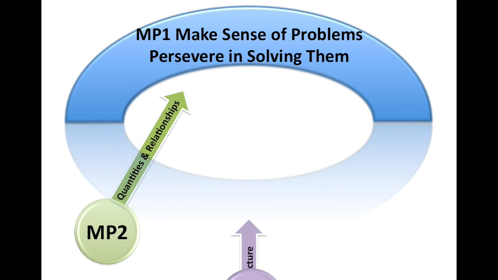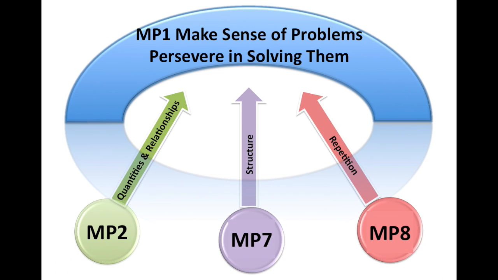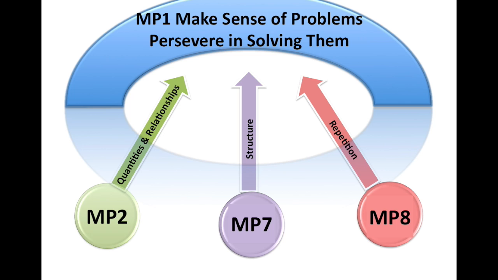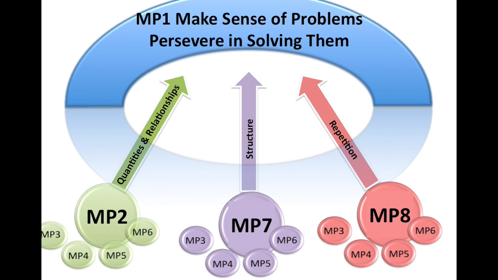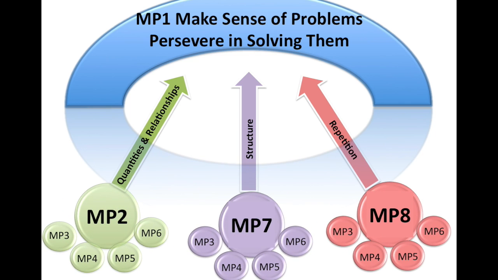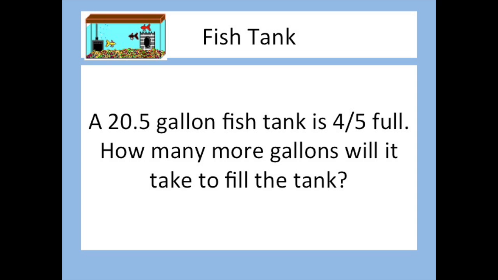The next step, we need to focus on math practices 2, 7, and 8. Why? Because math practices 2, 7, and 8 define 3 distinct ways of thinking mathematically. And I'm going to talk about those in a minute. They're our lead actors, and these guys that just bounced in, these are our supporting actors. These support the reasoning about quantities. These support the thinking about structure. These support the repeated reasoning. Take a look at that math task.